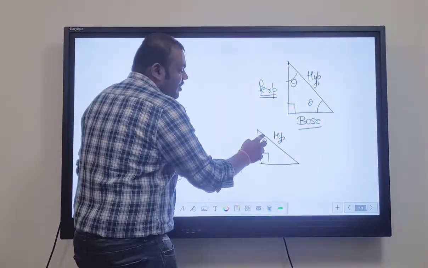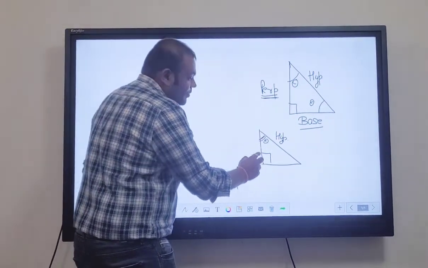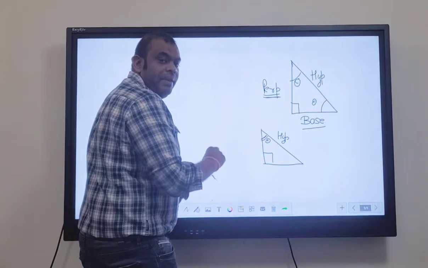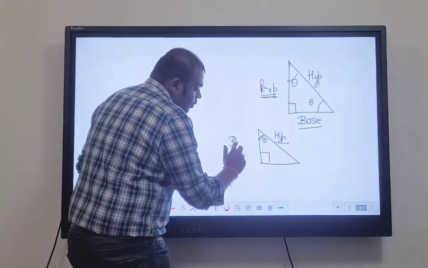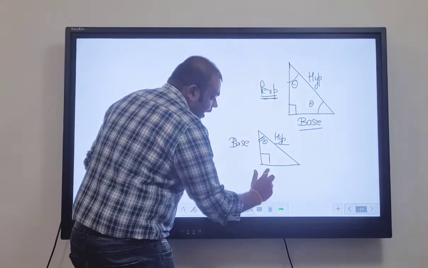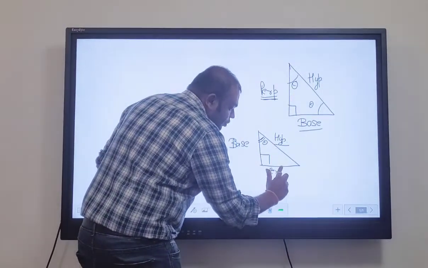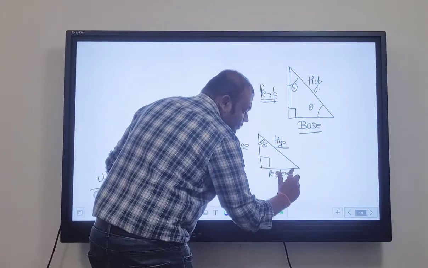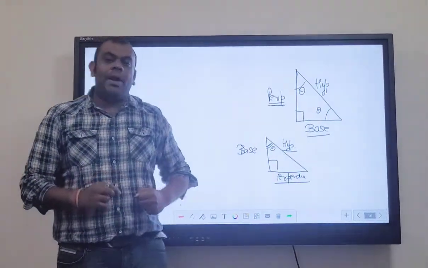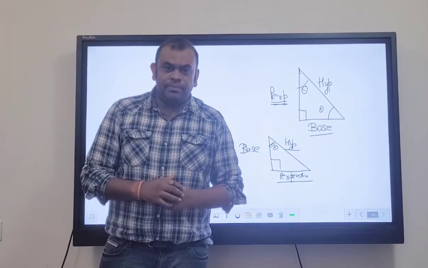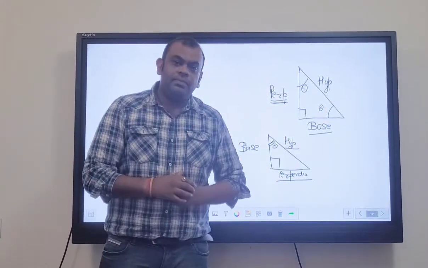And the angle has changed its position. Now it's coming over here. So the angle needs to be between base and hypotenuse. So if this side is hypotenuse, the other side would be base, and my leftover side would be perpendicular. So I hope you are able to understand how to mark perpendicular and how to mark the base. And this is right angle triangle.